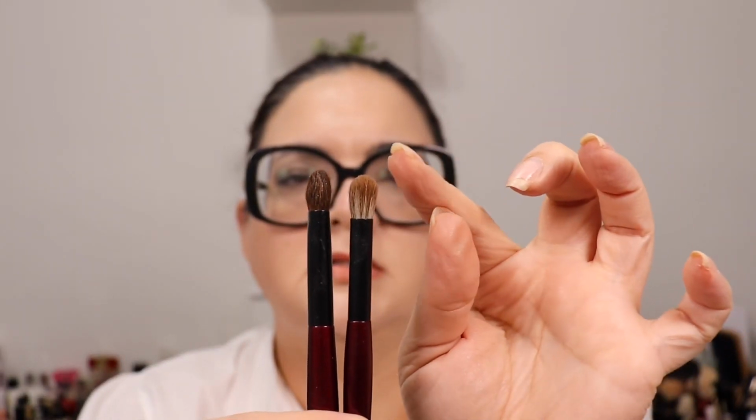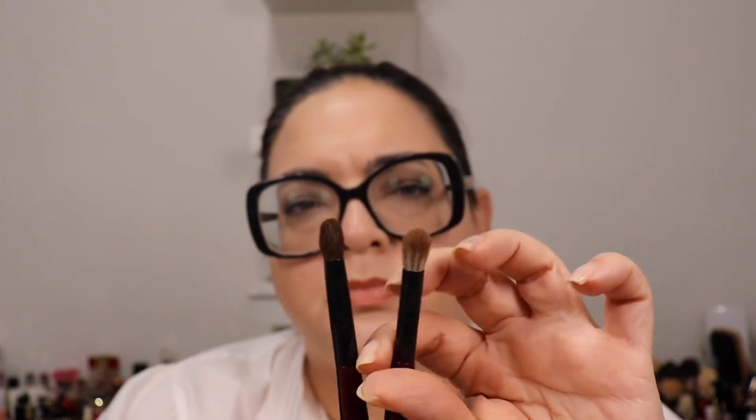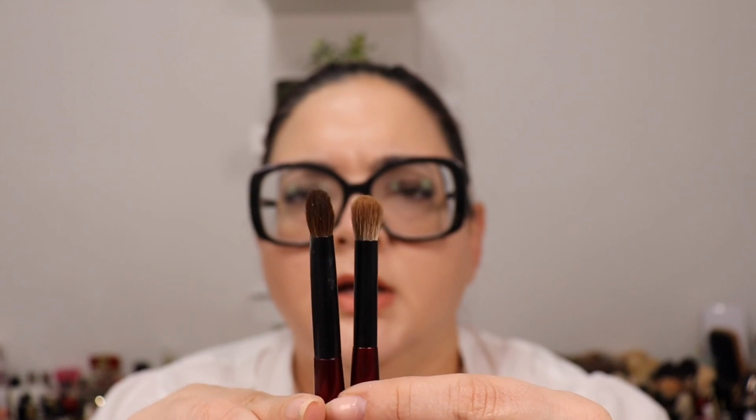The Blender is similar to the Esom Cosmetics in a way, but the Esom Cosmetics is a little bit fluffier. The Blender is a little bit tighter, but it's very good for blending. It has a perfect shape, so you can blend shadow more easily. It's a medium-sized stem, while the Worker one, I like it when I want to apply more compact shadow, like